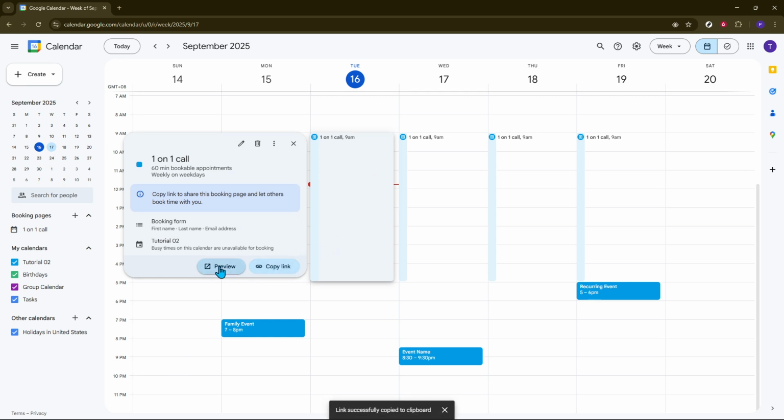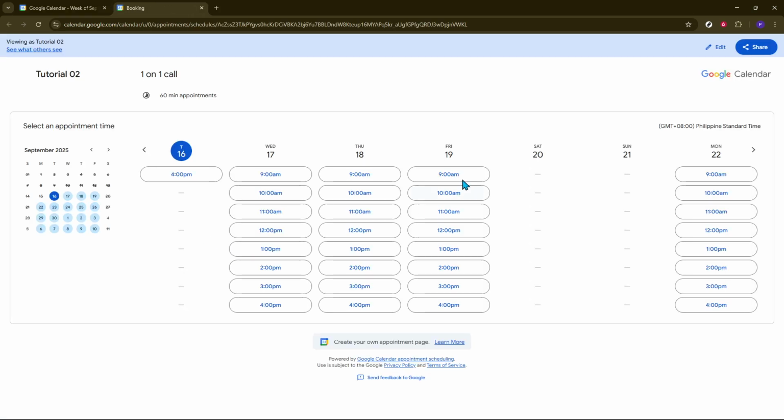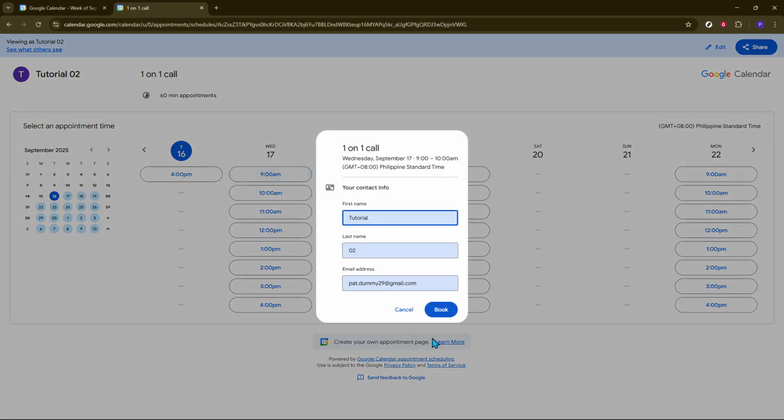You're almost done. The last step is to click Copy Link to share your booking page. You can send this link to recipients to invite them to book time with you. And just like that, you've set up appointment slots in Google Calendar. Now your schedule can be managed more efficiently, allowing you to focus on what